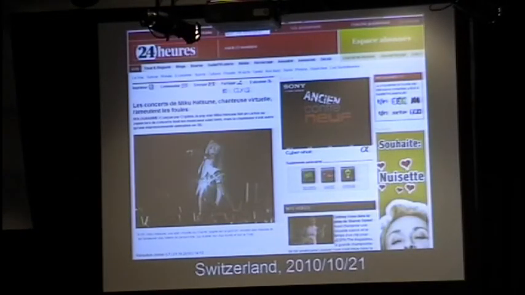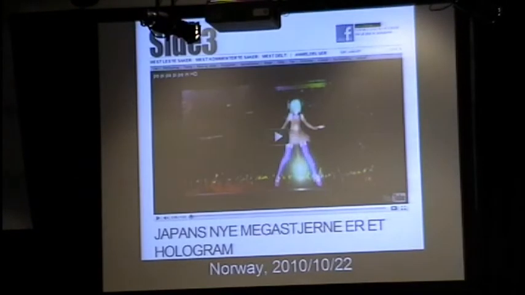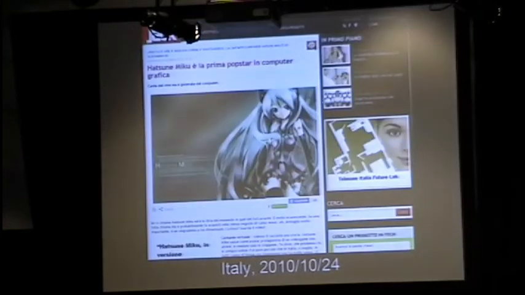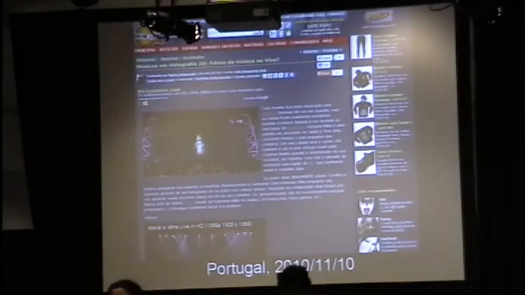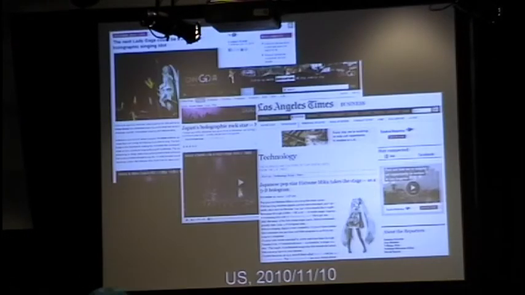Here are some things that went on the Swiss media, Norwegian media, Italian media, Spanish, French, Portuguese, Russian, and of course American, Chinese.